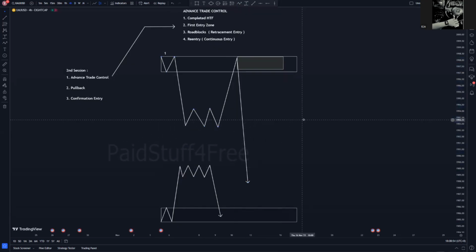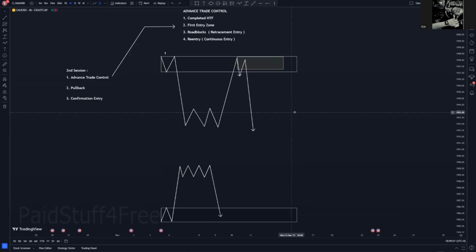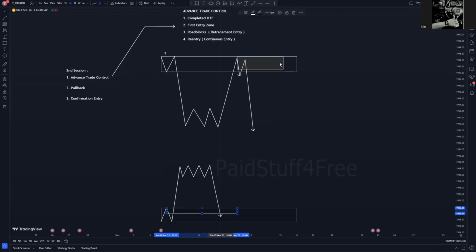You guys will think, okay, we will miss the entry. But actually, we're not going to miss any entry, because we are going to use the first entry zone. When the price gets into the buy zone, we will have a lot of buy zones on M30 at the back. For example,